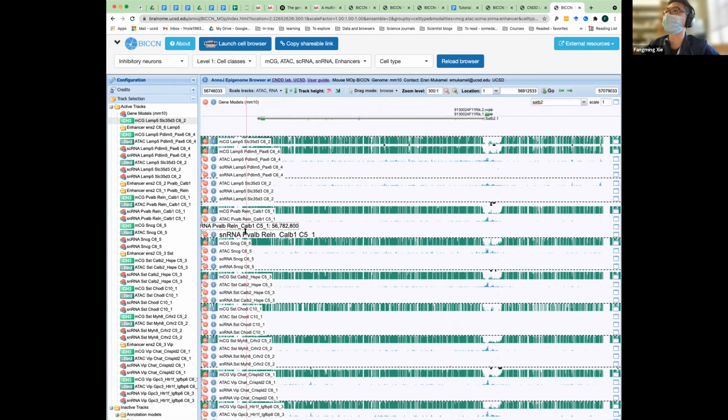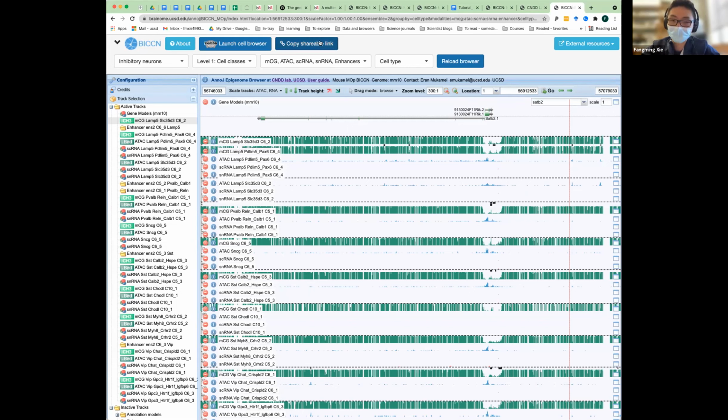you've customized everything. If you want to share this view with your colleagues and to present it somewhere else, how can you do it? One way to do it is, of course, to take a screenshot of this view, but it's not that helpful because people might want to look in the neighboring area. They want to manipulate it themselves. Another way is you can click this copy shareable link. And if you do that, you can share this link with everyone else who might want to look at this view. And that link contains the tracks you've configured and the genomic locations you selected.